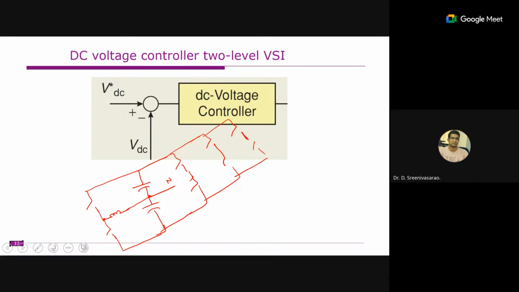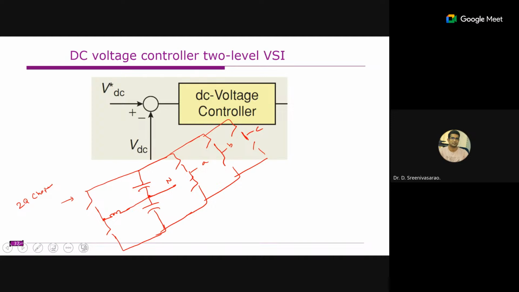Right. So this is A phase, B phase, and C phase. This is the point where you connected the neutral. And this one is the additional circuit, also known as the auxiliary circuit, that we connected. Right. This is the auxiliary circuit connected here. So this will act as a two-quadrant chopper circuit.